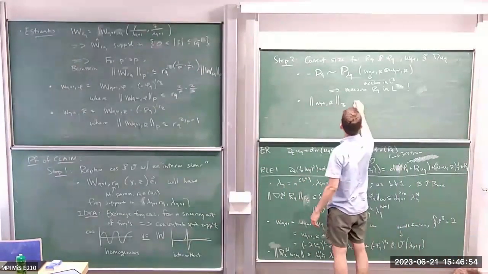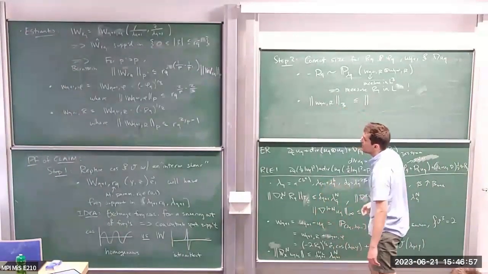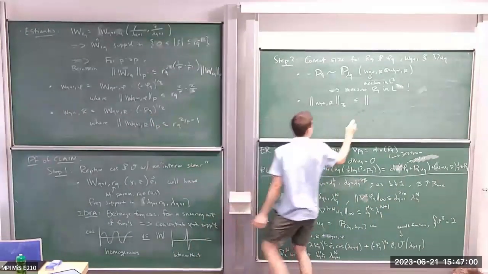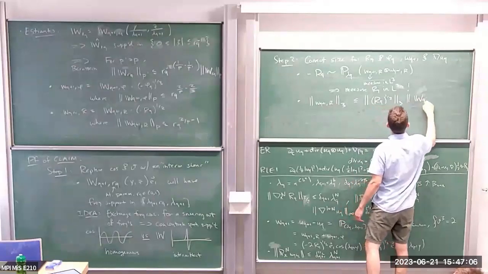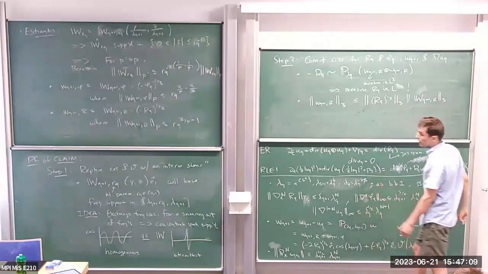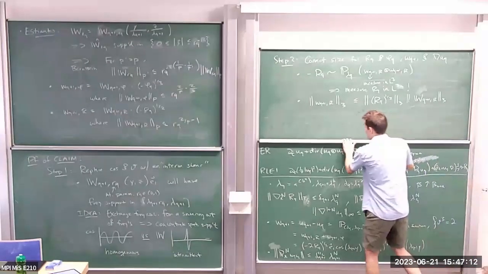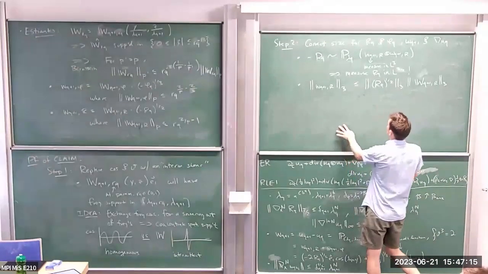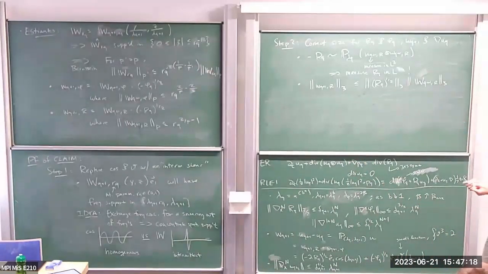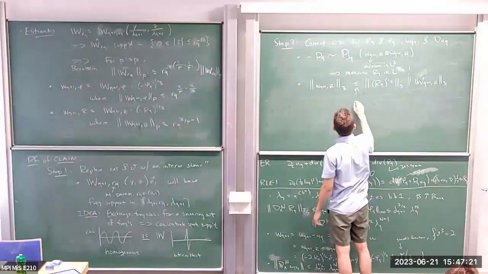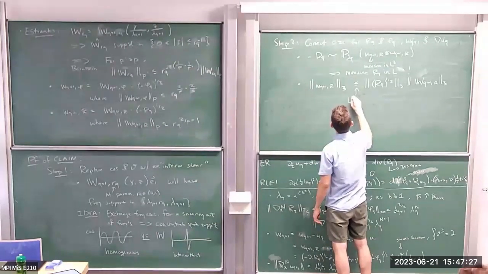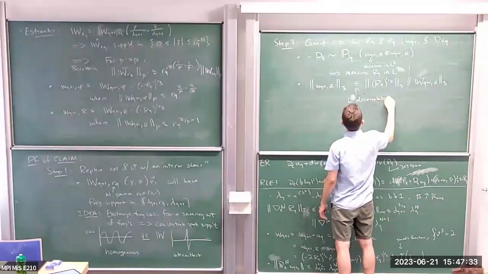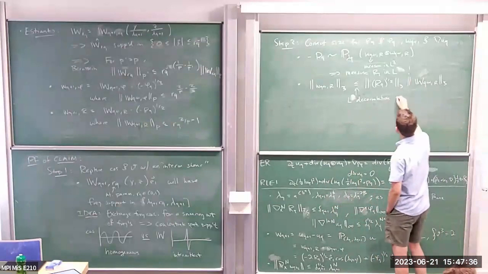So I claim that this is actually less than the L3 norm of this times the L3 norm of this. It's as if I've cheated using Holder's inequality, but the reason I'm allowed to cheat is because I can use a sort of decorrelation estimate, which says that, roughly speaking,